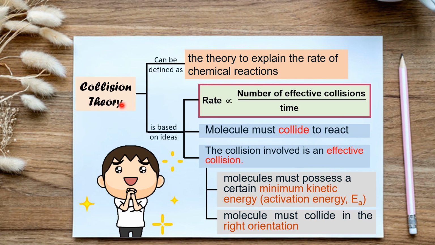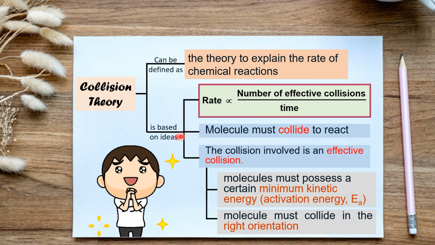Right, so first we look at the collision theory. Collision theory can be defined as the theory to explain the rate of chemical reaction. It is based on the rate being directly proportional to the number of effective collisions, which means as the number of effective collisions increases, the rate of reaction also increases. However, rate is inversely proportional to the time. So the faster the rate of the reaction, the shorter the time taken for the reaction